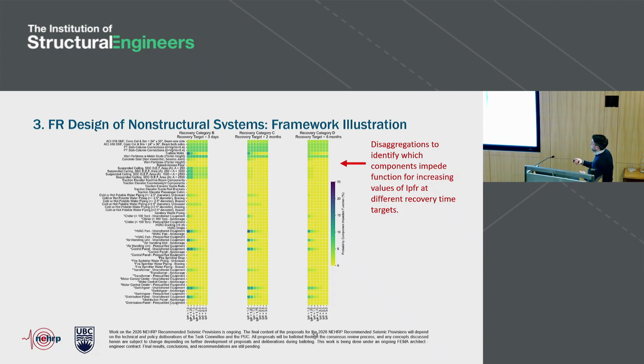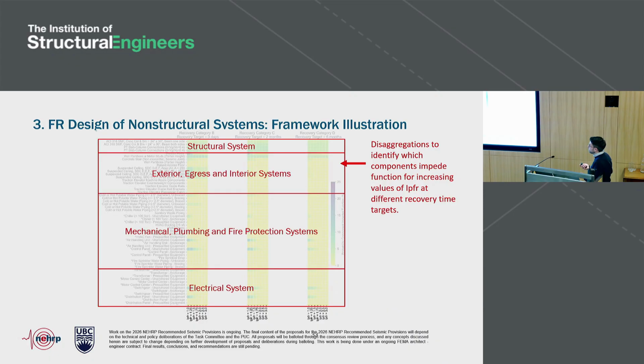And looking at this can be overly complex, so it's a lot easier to just look at the worst, right? And then summarize that in a figure for decision making. But it's really useful to understand what are your bad actors, right? What are the components that typically tend to get damaged? And you can even think of this more at a system level, right? So you might be interested more in knowing, are there particular systems that are influencing these design requirements?